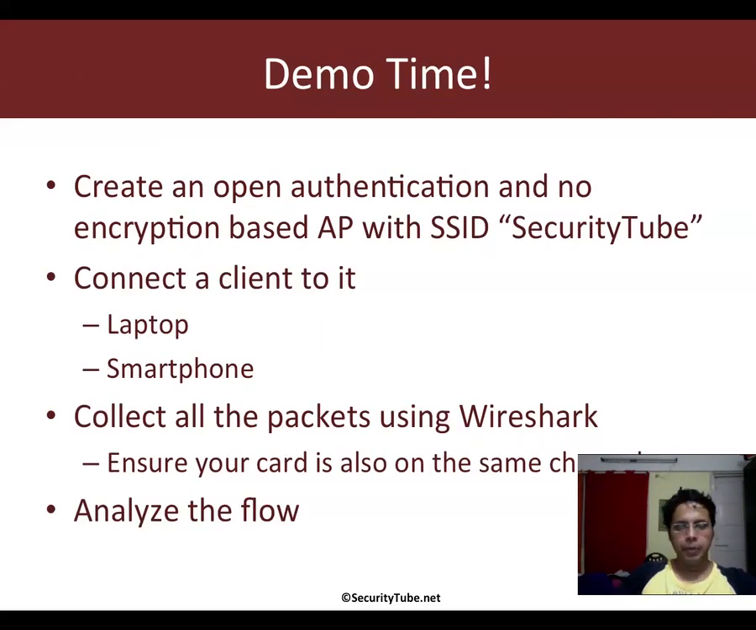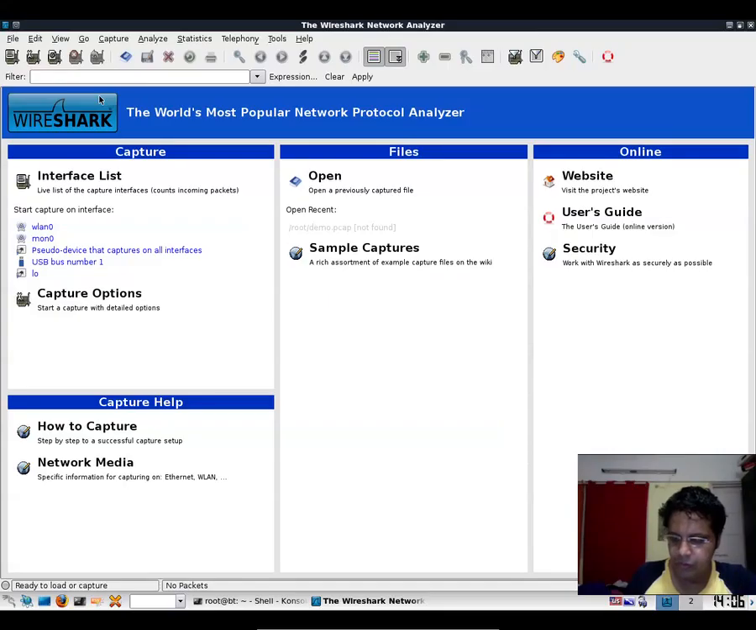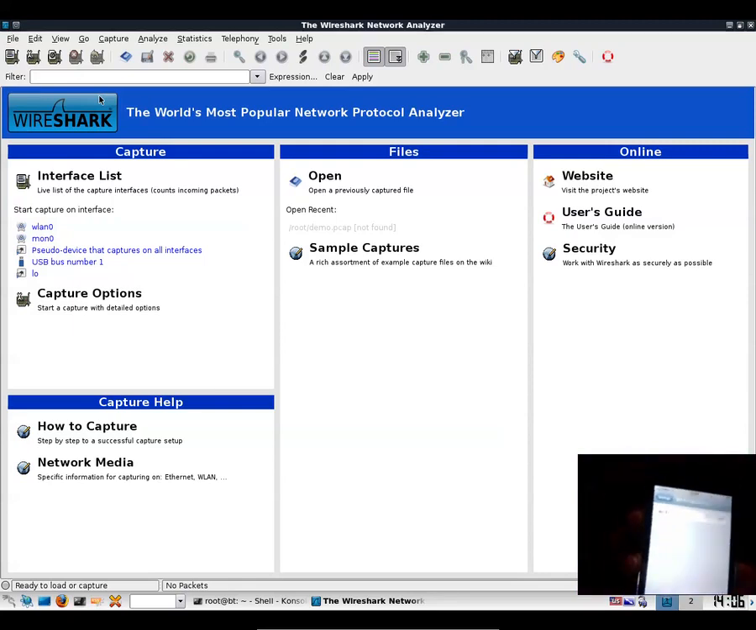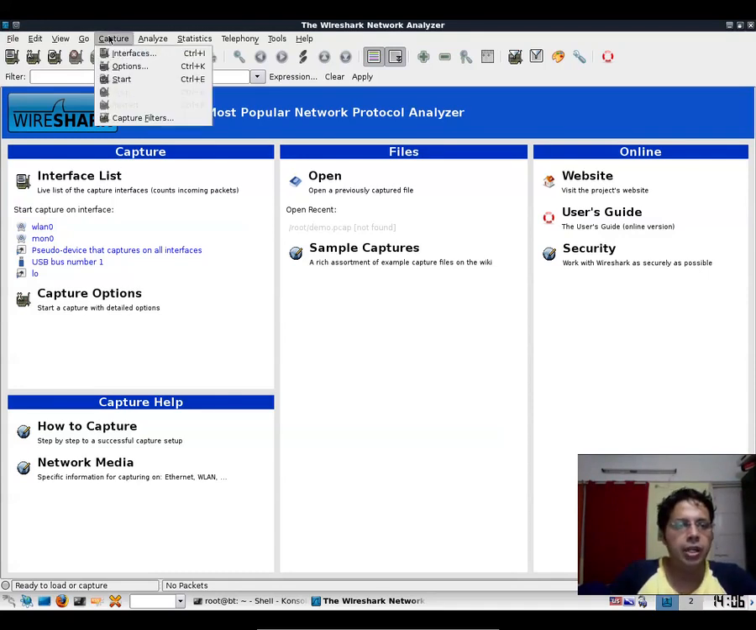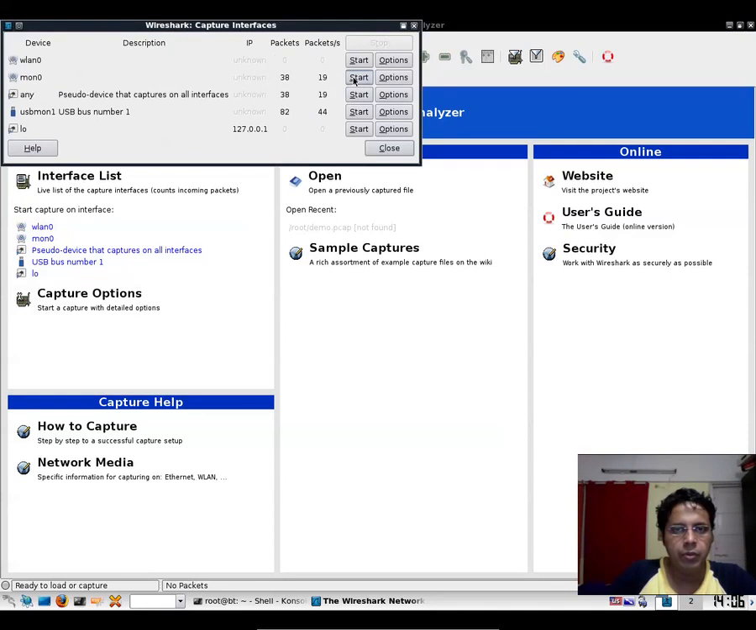Okay, so demo time. Now what we've done is we've already created an access point with the SSID SecurityTube, and it's an open access point, up and running. And also my Wi-Fi on my iPhone is currently switched off, as you can clearly see. Okay, so now let us start our sniffing exercise. We're going to be on mon0. Before we begin this, let's go